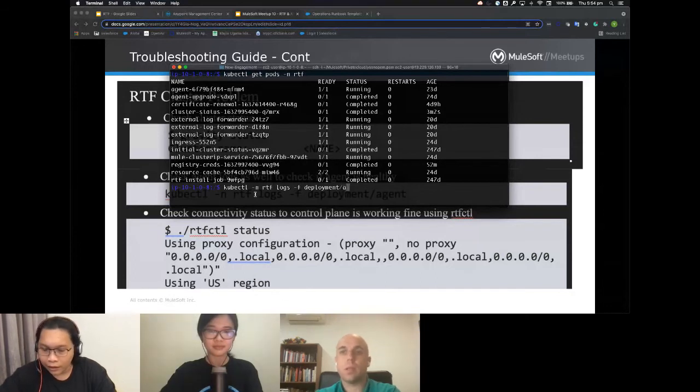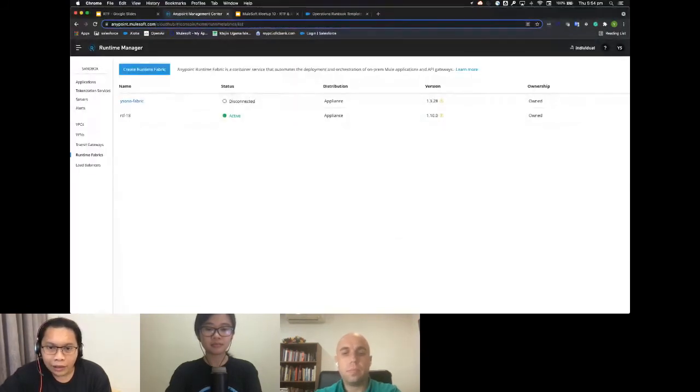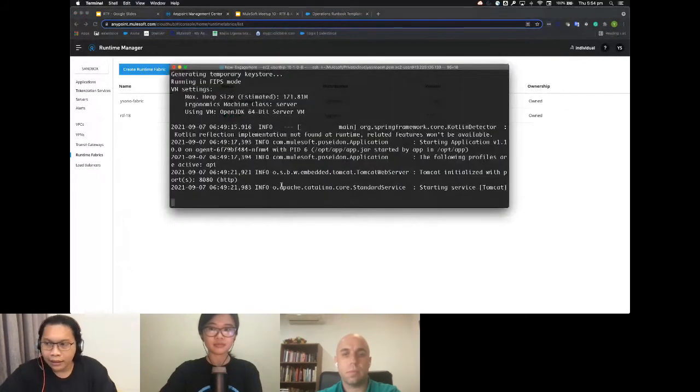We can analyze the log, for example, to answer L1 and L2 questions such as why my cluster is suddenly disconnected from the control plane and showing not active in Anypoint Platform. If it is suddenly disconnected, you can take a look at this log and you will find whether there is any error preventing the agent from communicating to the control plane.